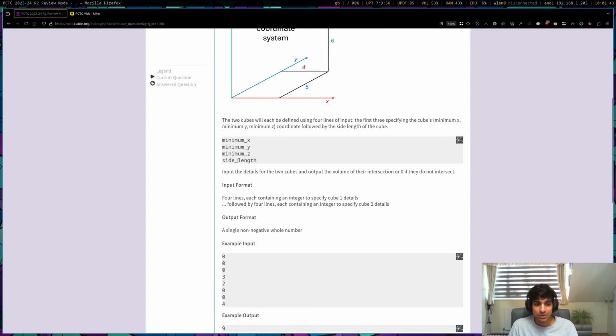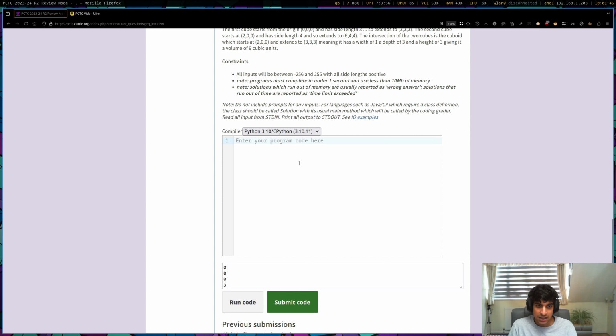So as always, let's go to the easy bit, which is taking in our inputs. So we're going to get the x coordinate for cube 1, the y coordinate for cube 1, and the z coordinate for cube 1, as well as the side length for cube 1. And let's input this